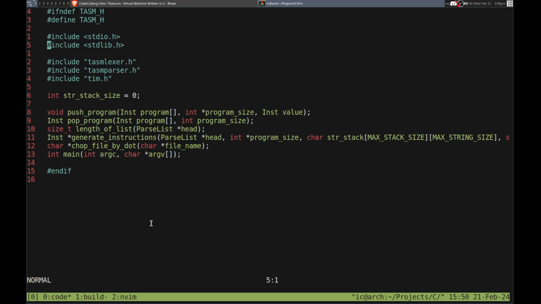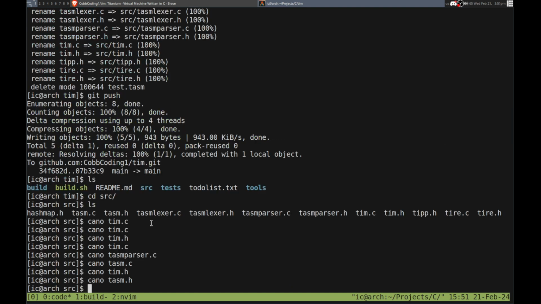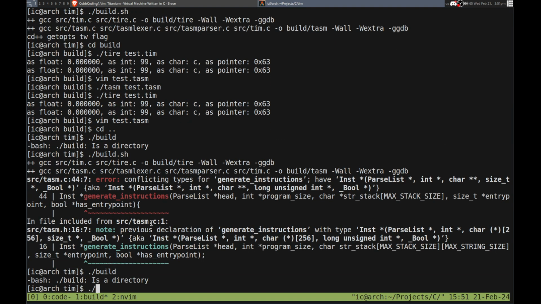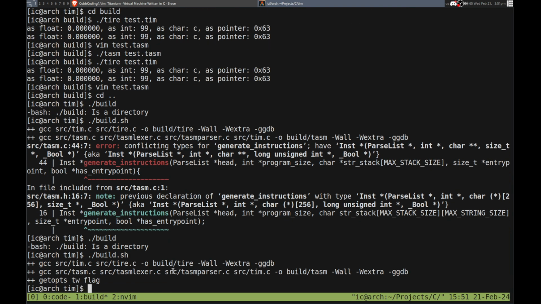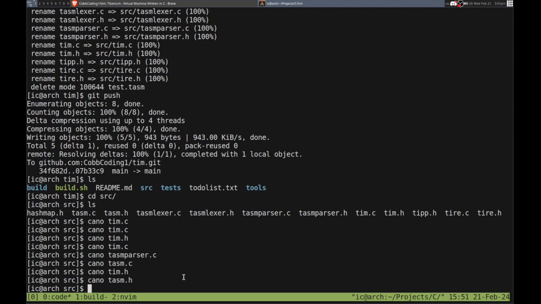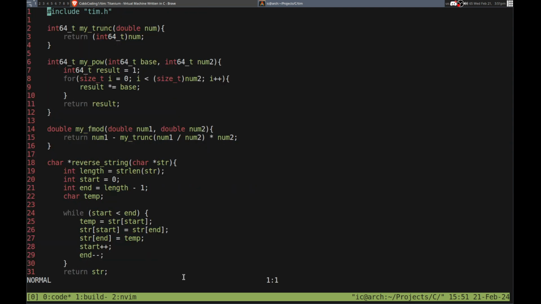TASM.h. Yeah, so right here, we have to do the same thing. Okay, and then, okay, it does actually compile. That is kind of surprising, but I do need to modify how we're reading it, or else it's not going to work. Okay, so in here,